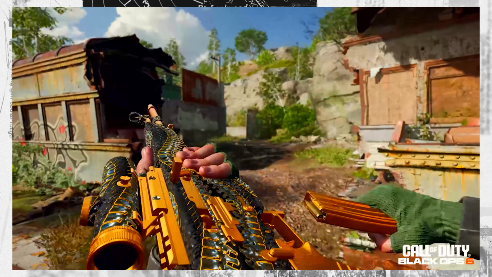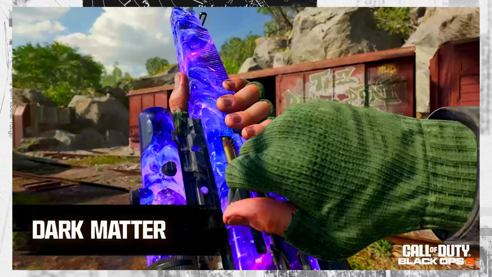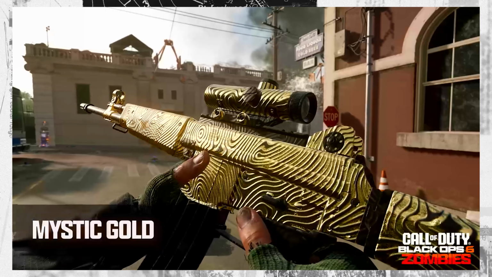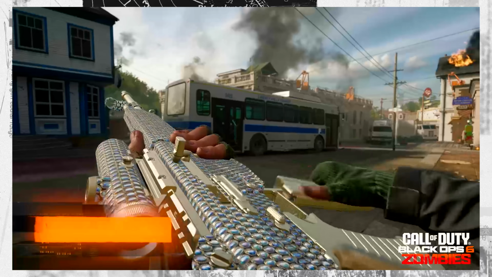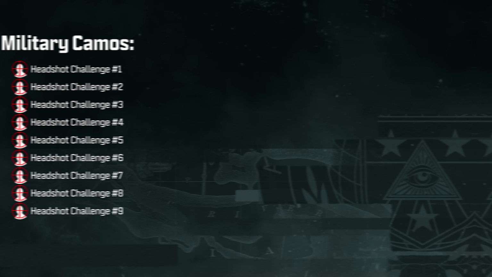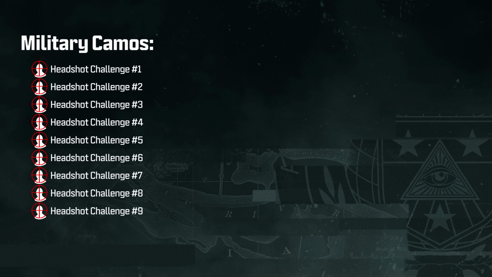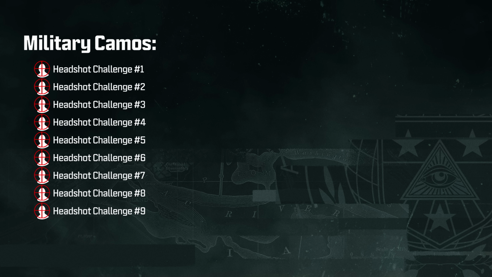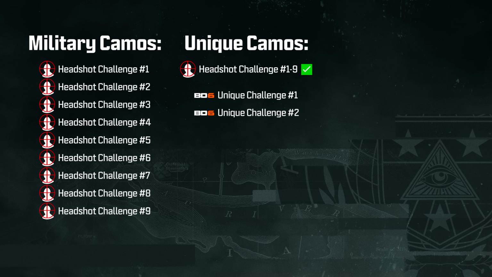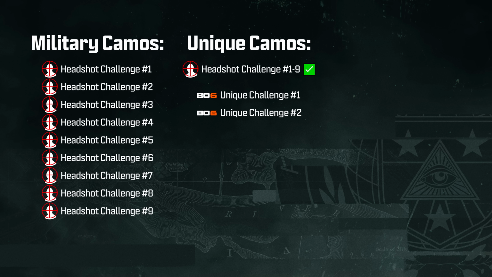Earning them is going to be a little bit different this year, where the nice part is you don't have to have any sort of weapons leveled up to start progressing. Instead, you're going to end up having a couple of different tiers to unlock, where you have the military, specials, and mastery camos. Militaries are going to be 9 challenges, usually associated with quantity of headshots earned with a specific weapon. Specials will be 2 unique challenges per weapon, so you will end up having variants there between each of